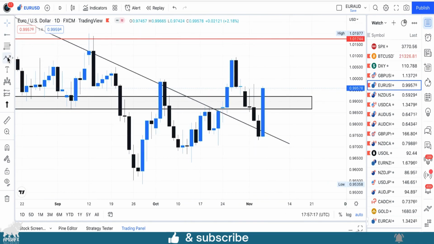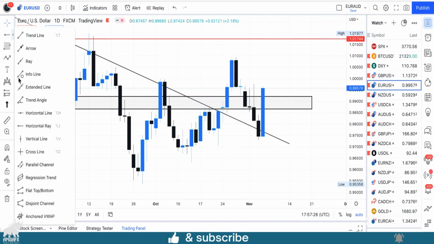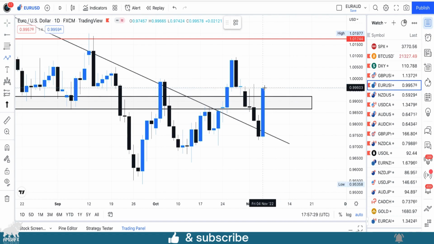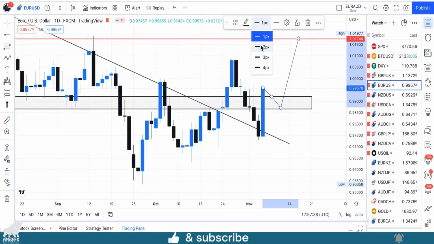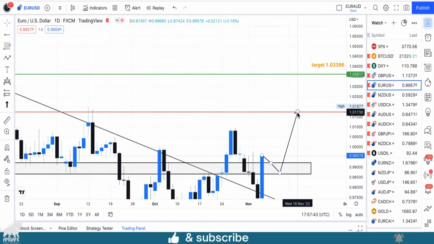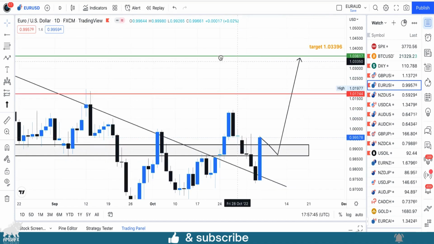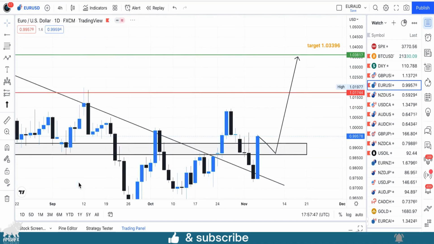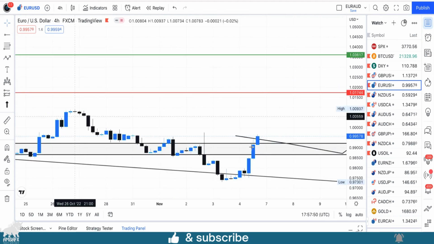So this is what you look at in this particular area. Any retracement you see to this particular area will give you an opportunity to look for a bullish buy. So if you see, let's say on Monday, maybe very early on Monday, a move to this area, then you should target this particular area right there. Then if you have a breakout of that area, then we should move to that particular target. So let's go to the